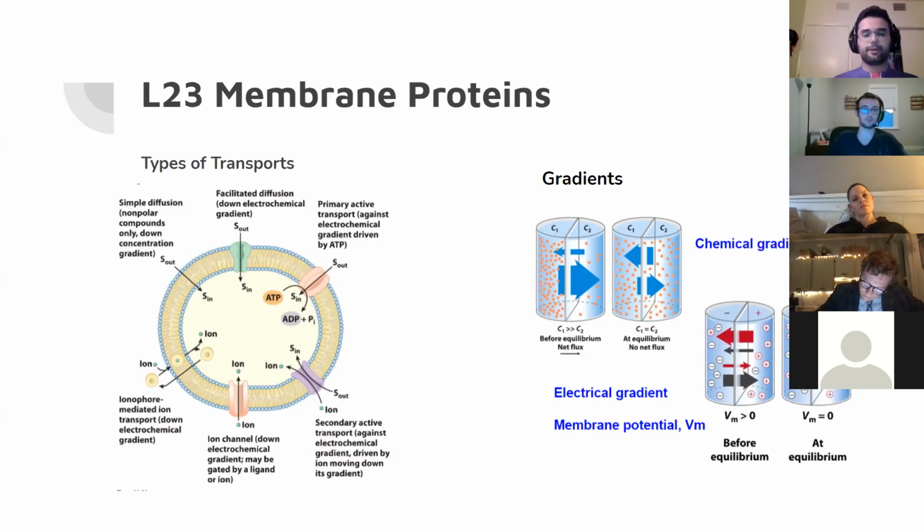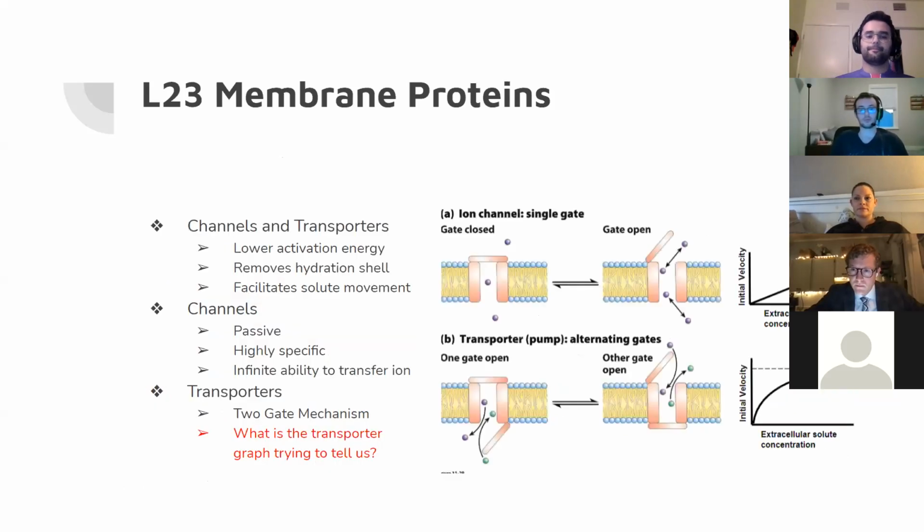And then we have to talk a little bit about the difference of electrochemical gradient. So chemical gradient is just based on concentration. It's going to go down its concentration gradient, going from a high concentration to a low one. Our electrical gradient is just going to find that balance between positives and negatives, because positives like negatives, negatives like positives. So we just try to match to make sure everybody's happy there.